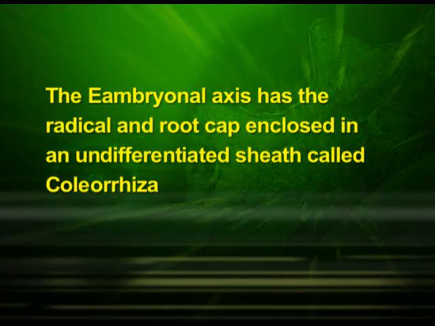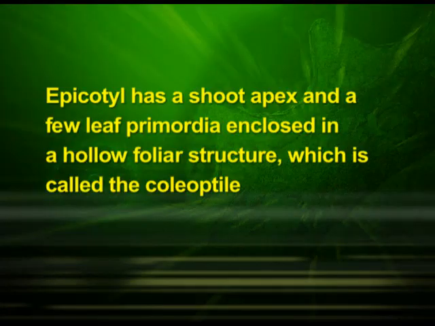At its lower end, the embryonal axis has the radicle and root cap enclosed in an undifferentiated sheath called coleorhiza. The portion of the embryonal axis above the level of attachment of scutellum is the epicotyl. Epicotyl has a shoot apex and a few leaf primordia enclosed in a hollow foliar structure which is called the